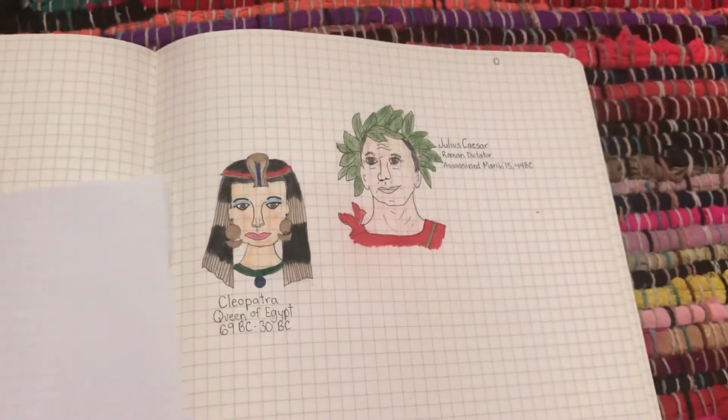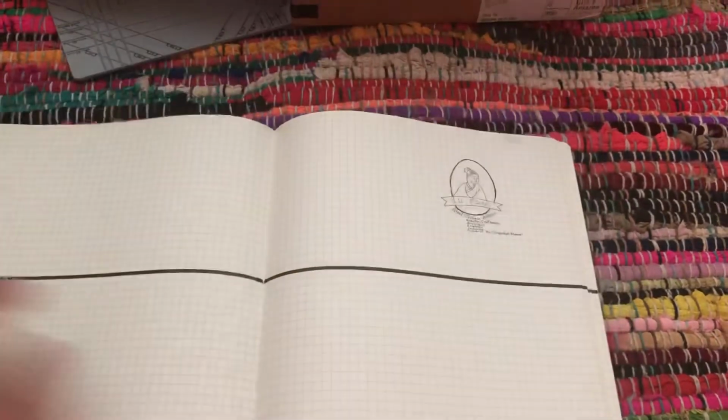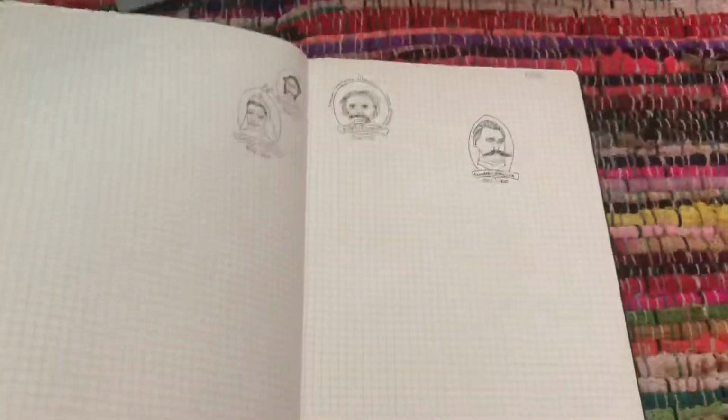I try to color them in. I just like the look of it better. And I put their name. I'm not sure that there's many in here. I haven't done a whole lot in here. Some of them aren't colored in yet. But